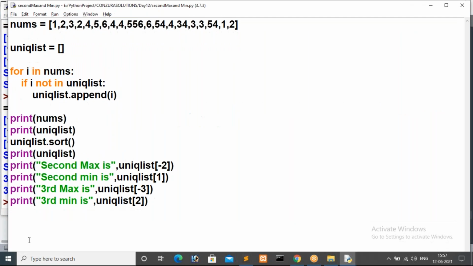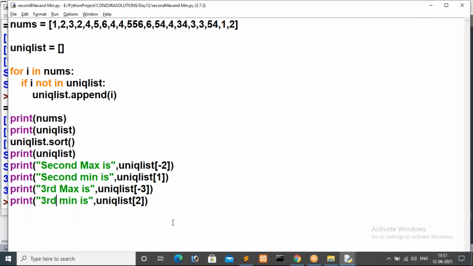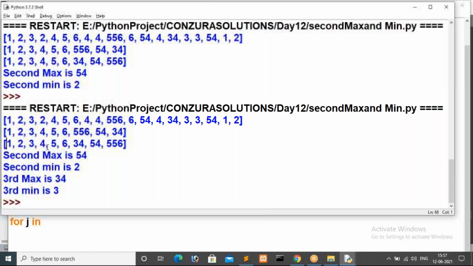For that also we have to iterate a loop, guys, and then it is easy for us. By using this unique list we have to iterate, and we have to check that value inside our nums, then you will get the result. So I will explain that. You just see here: we have to iterate a loop, for j in, based on the unique list. Because if I start iterating the original values, then how many times will it iterate, guys?